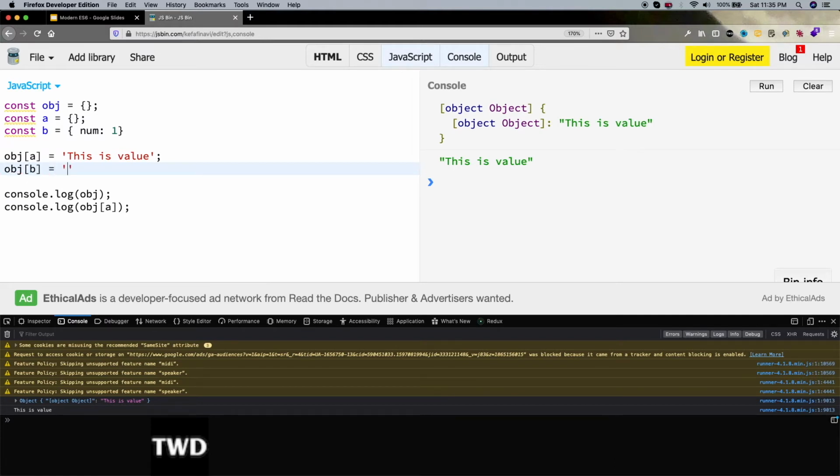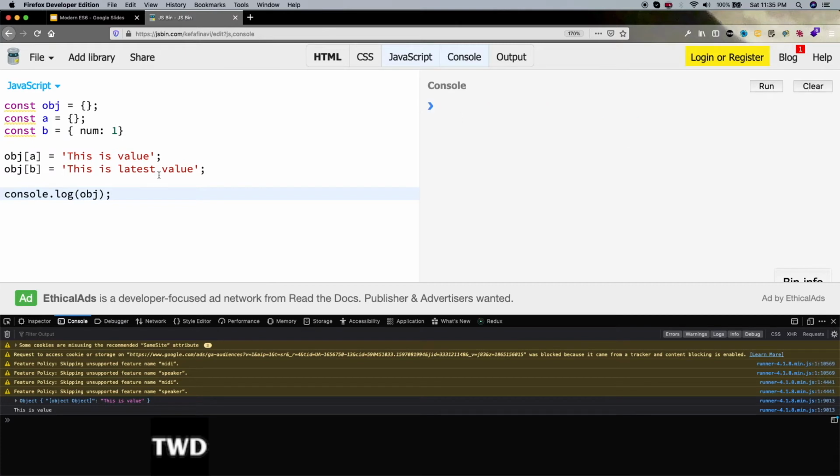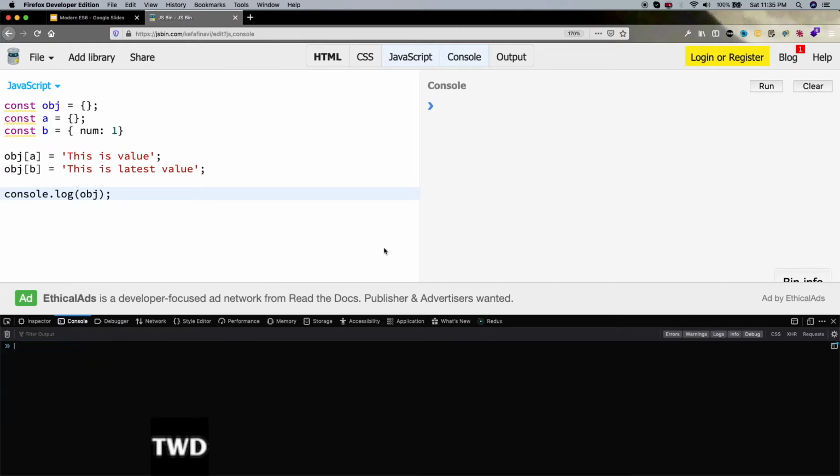This is the method in which we add a key value pair to an object. This is the latest value, and we remove this, and let me clear this, and let me run now.